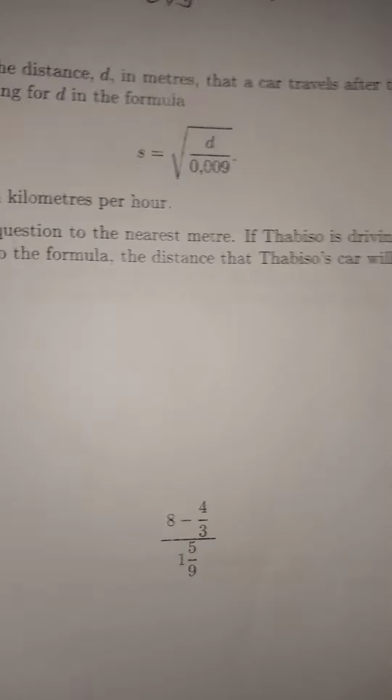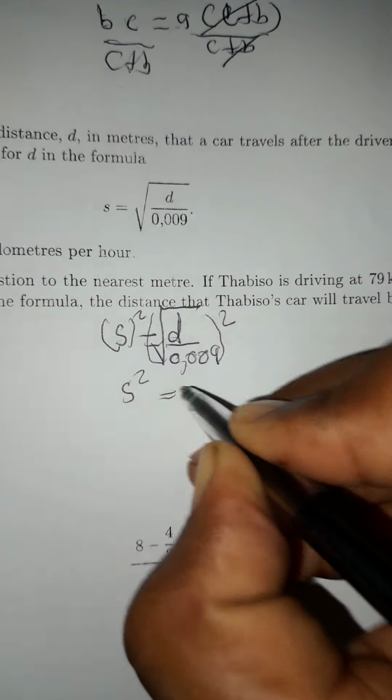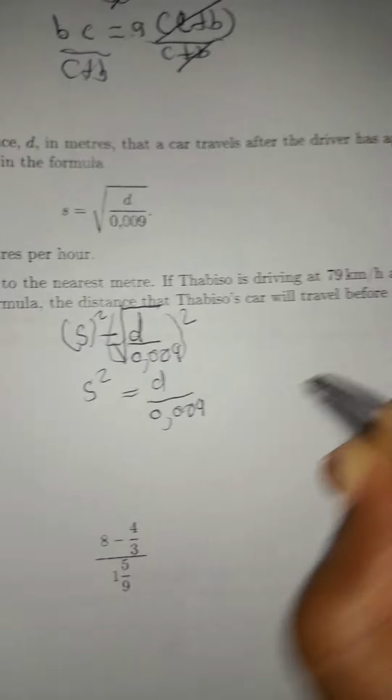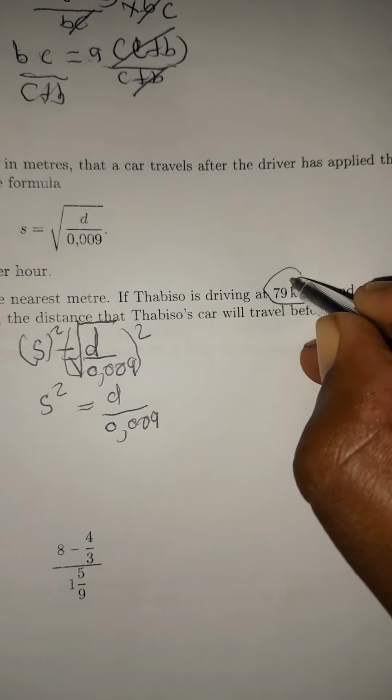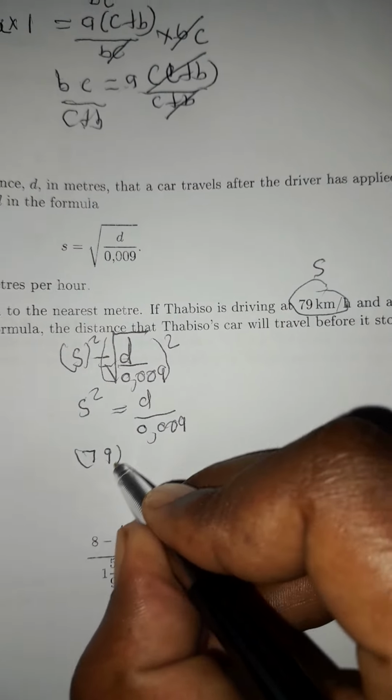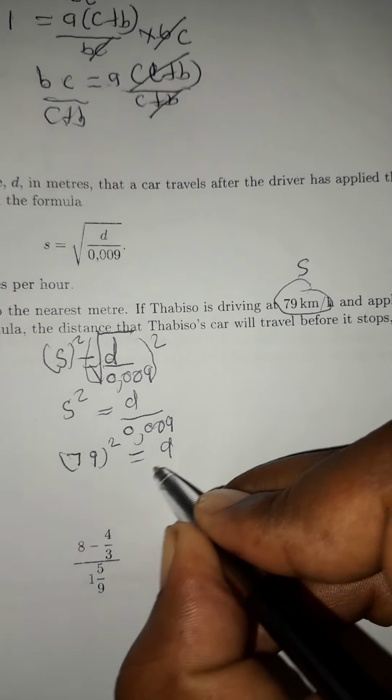So first things first, we are working with this. We need to calculate the distance. We are given 0.09 there. Then to find the distance, we can square both sides. We are left with s squared and d all over 0.009. But we are given s here, which is the speed. So that's 79. Then we're going to say 79 squared equals d over